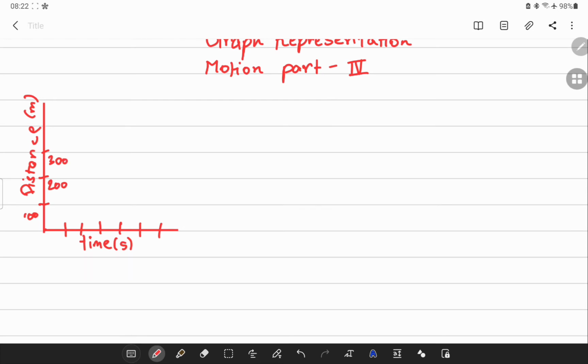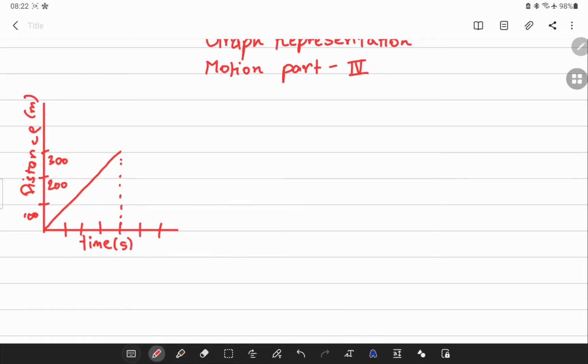Now the distance time graph has conditions. For example, you can actually find speed. Distance you can easily find from it. For example, this is the graph. You can easily see the distance is 300 meters, as the slope of the graph stops at this point. Now time is equal to 40 seconds. So time we can find like this.